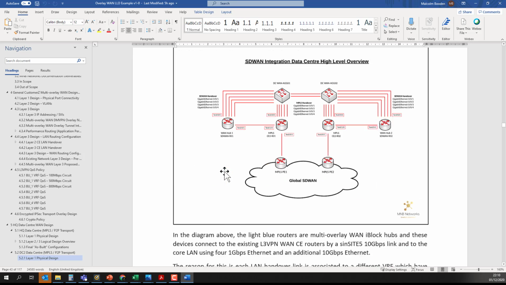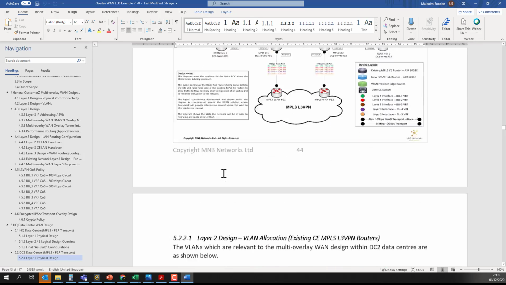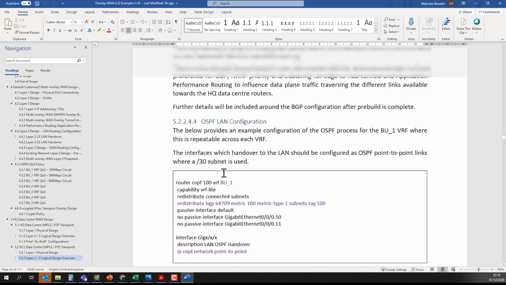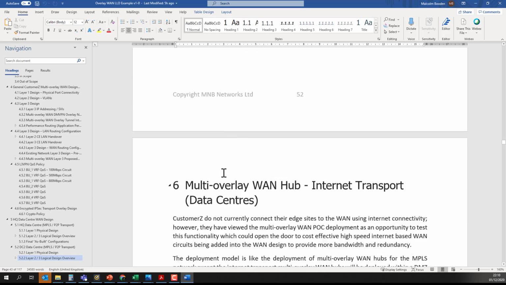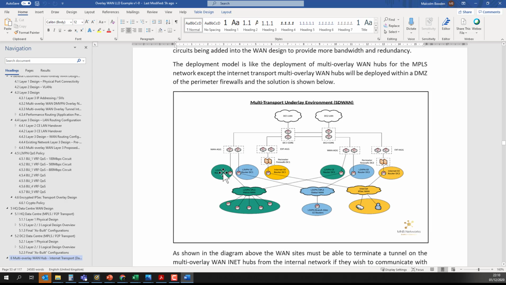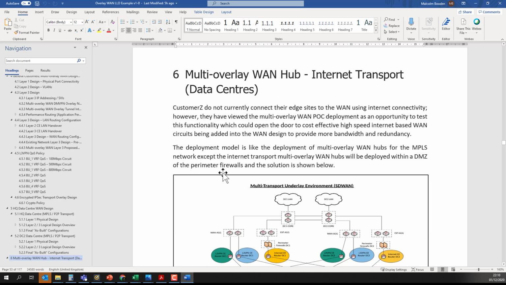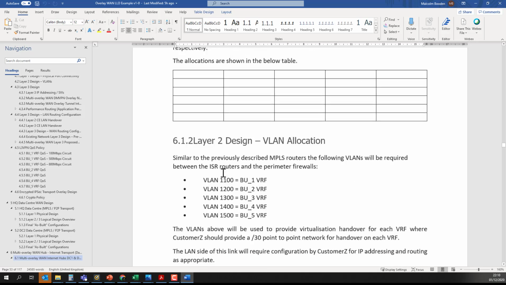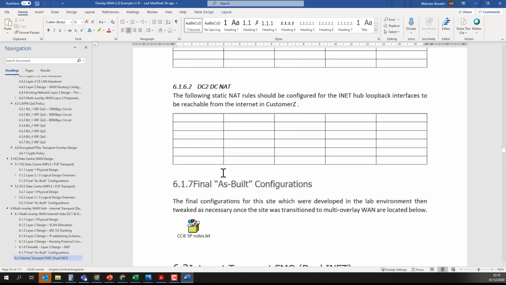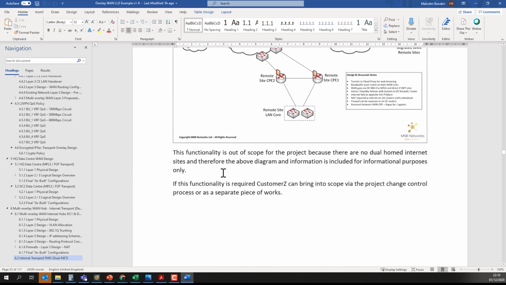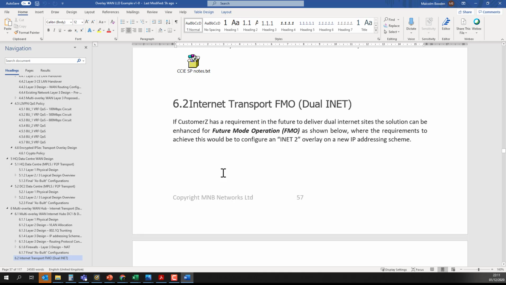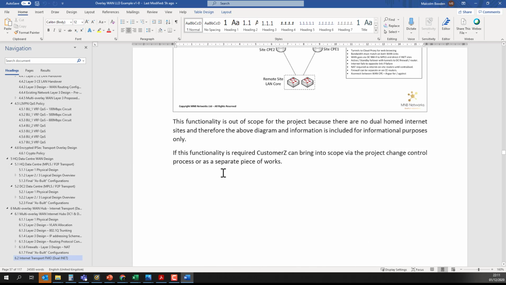we then move into data center 2. And when we move into data center 2, we then talk about multiple transport overlays in the data center and things like that as well. So we eventually end up here at the end with moving into the site types. So when we move into the site types,